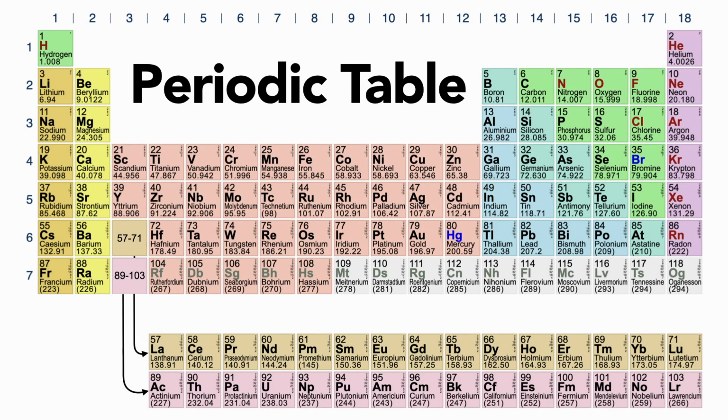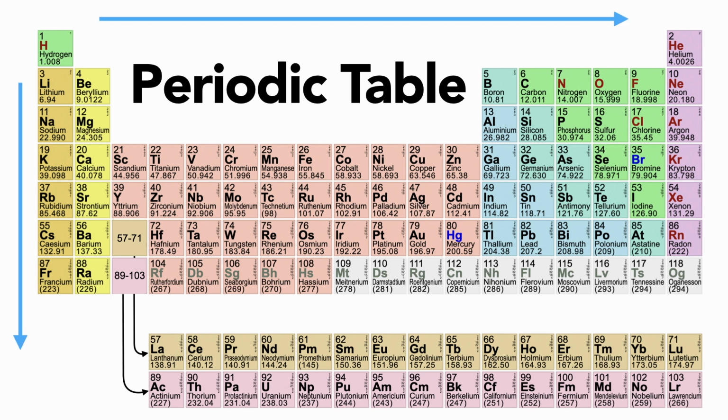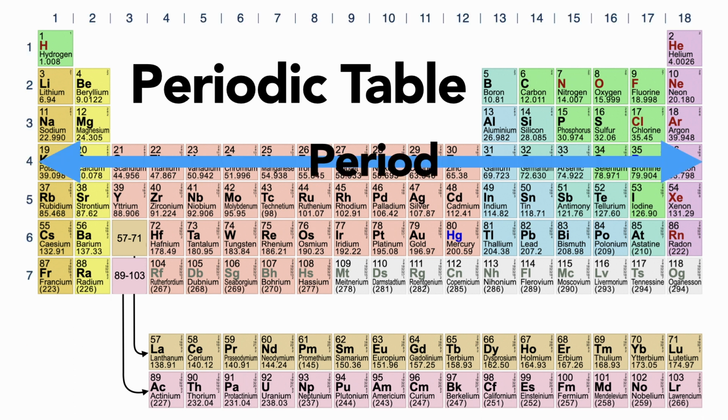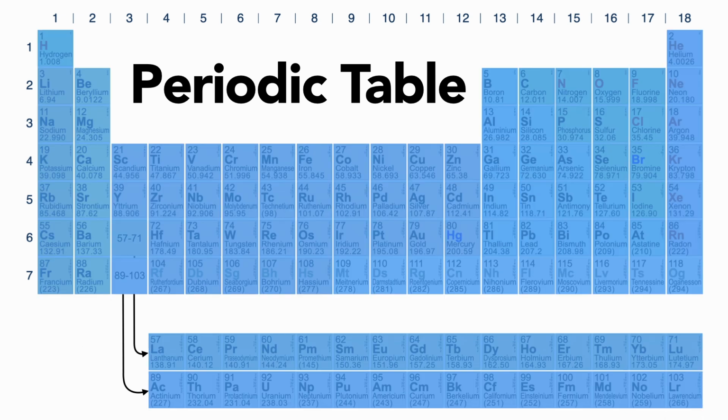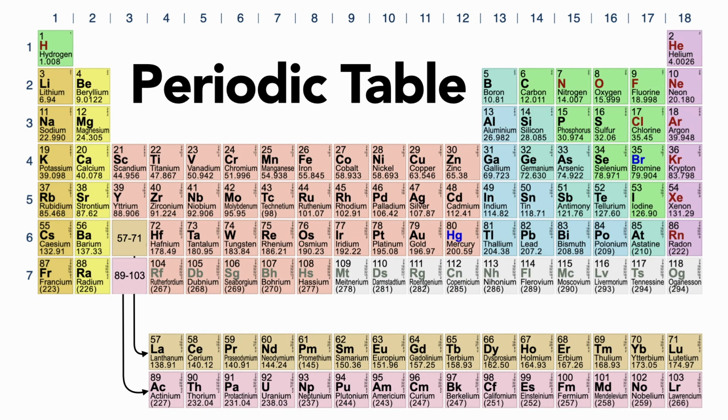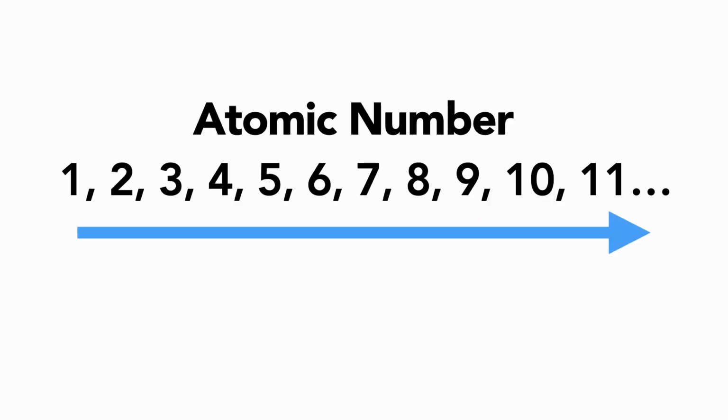The elements of a periodic table, like a book, are arranged from left to right and top to bottom in order of increasing atomic number. Each row of the periodic table is known as a period. Elements of similar properties are organized in a column or a group. A trend is present with the atomic mass as well. Going down each group, the atomic mass increases.